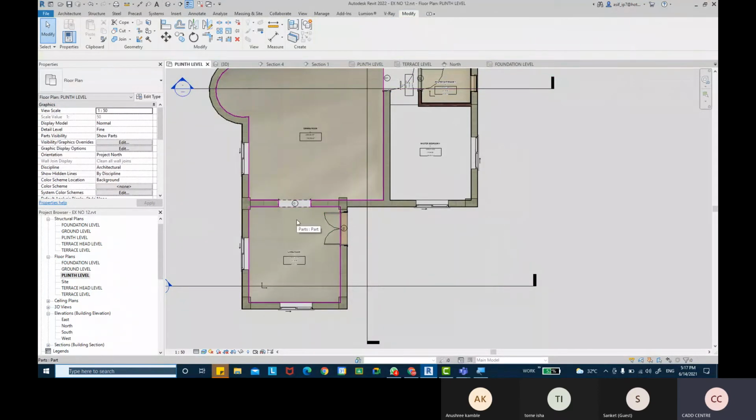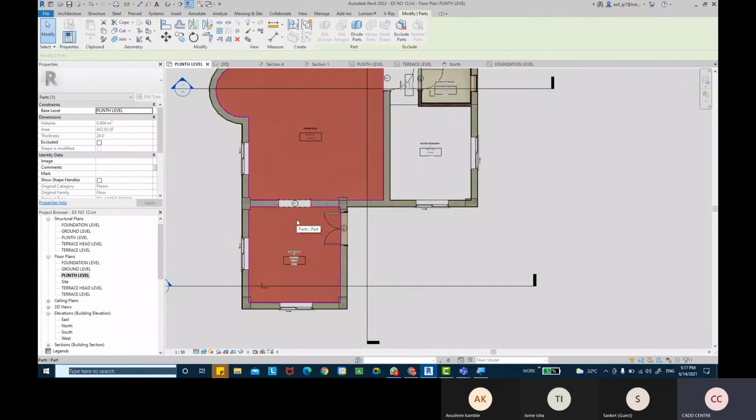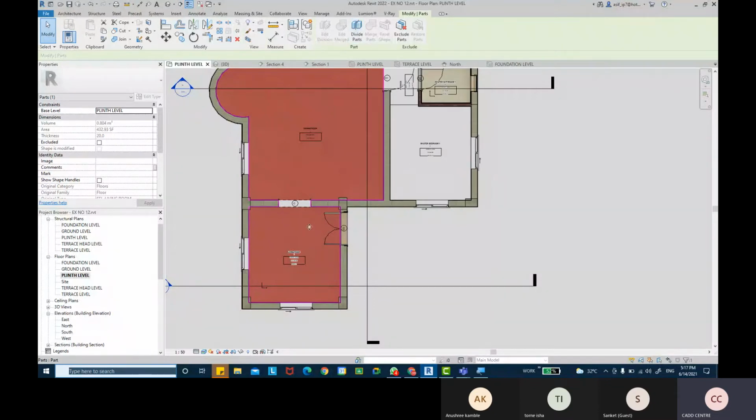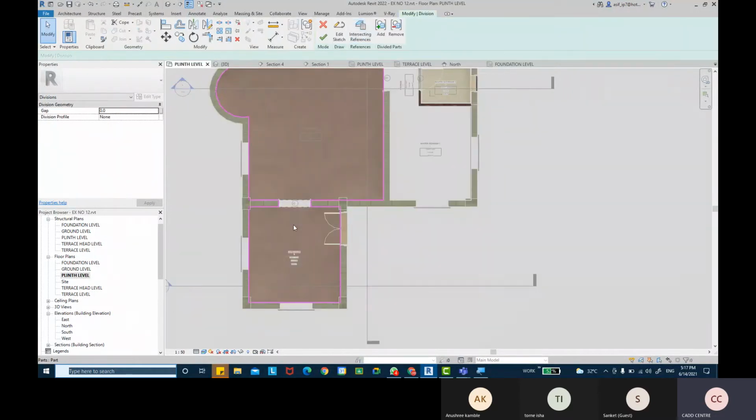Again, I can select this part over here and then click on this option which is called divide part. Or you can double click it. No, double clicking is not allowing me, so we'll take the divide part command and then I can sketch a path or sketch a shape.